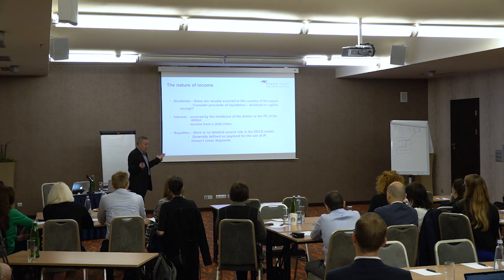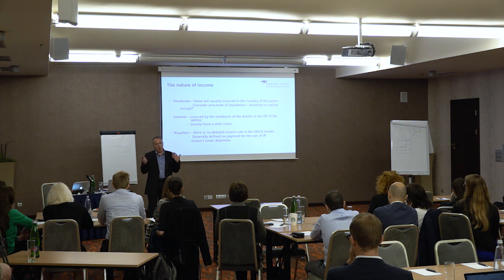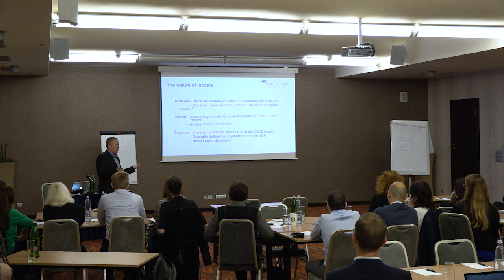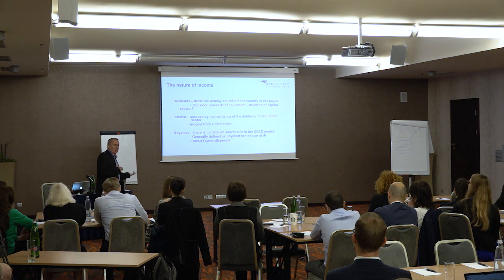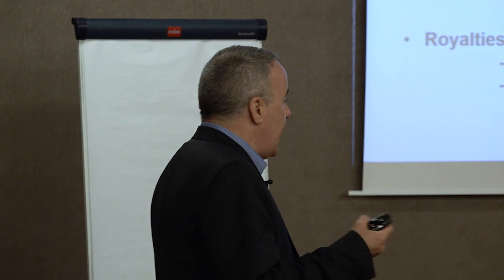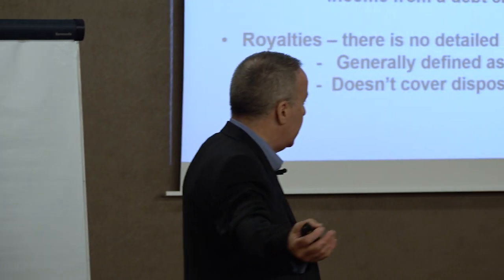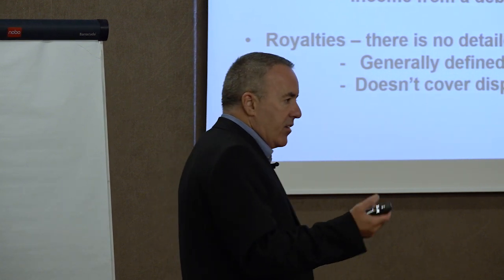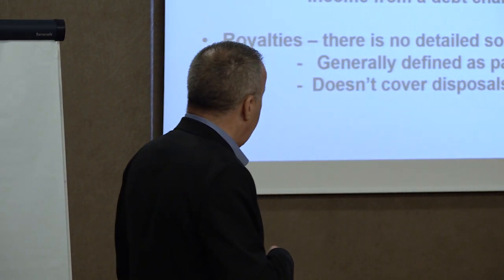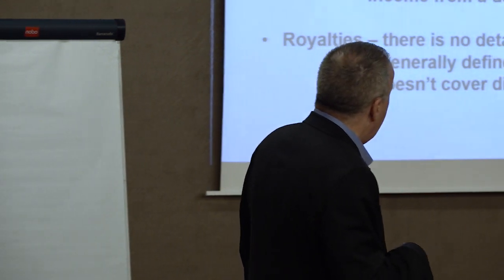You think, again, interest is obvious. Everyone knows what interest is, except it's more complicated than that nowadays because you can have some quite complicated financial instruments that mean that what looks like interest to you or me actually isn't interest when you look at it in the context of a double tax treaty. The standard double tax treaty definition is income from a debt chain. That chain can be quite short. It can just be two links. But where you have a debt relationship or a series of debt relationships that form a chain, the income from that is interest. But actually it's not obvious and it's not easy to always identify that you do have interest. Believe it or not, it looks simple.